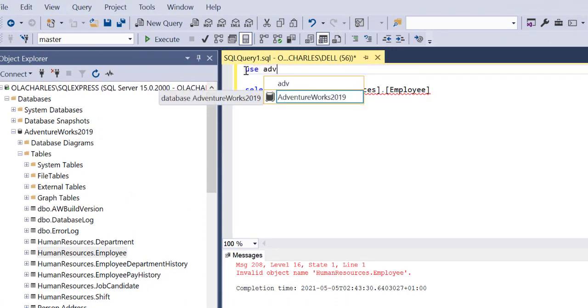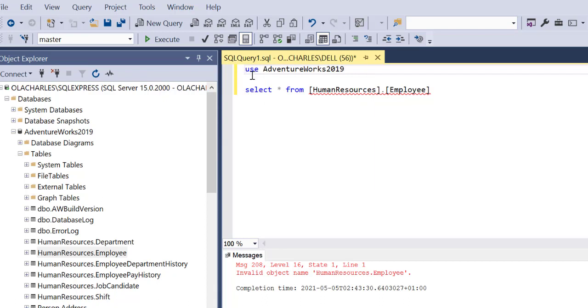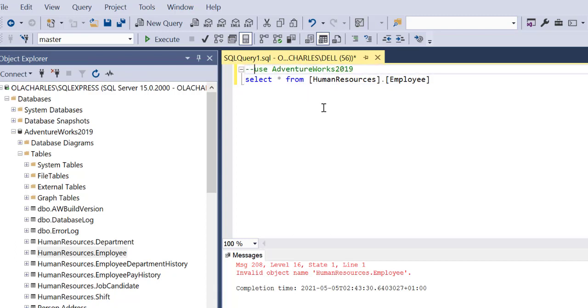and if I use my tab, it's going to auto-complete it. AdventureWorks2019. So in this case, automatically the red underline will disappear, because now it has validated that this database exists and this table you are querying is inside that database. Okay, that's fine. I'm going to comment this. How do I do that? By using hyphen twice. So you turn it into a comment,